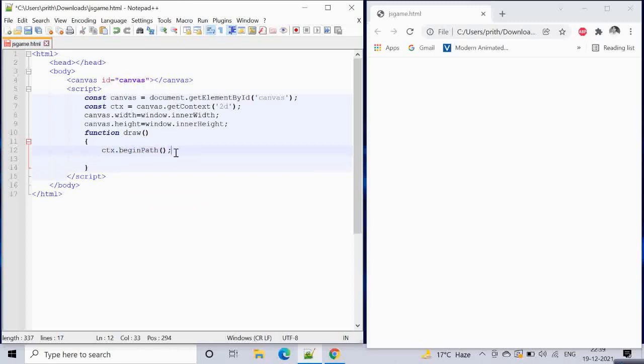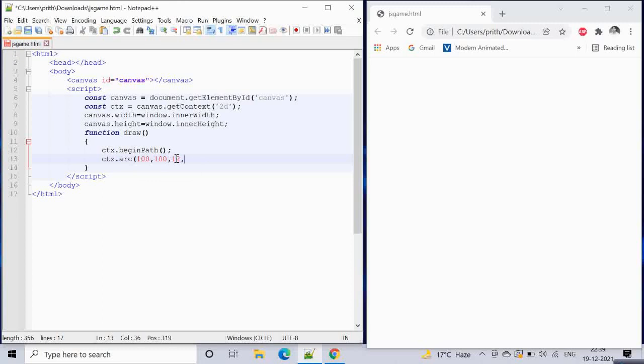The moment we say begin path, canvas will know that we want to draw something over it. So we want to draw an arc, because a circle is a kind of arc only.